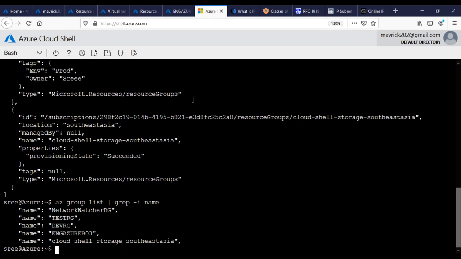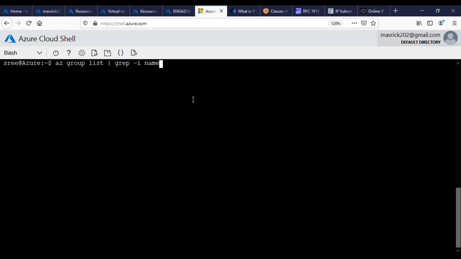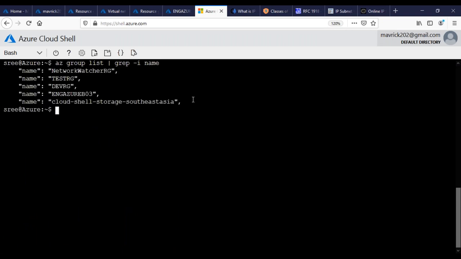For example, let me show you. I want to delete test RG and dev RG. I'm going to select az group delete -n, I'm going to say dev RG, and -y. Yes. So if you give y, directly from the command line, you can actually delete that one. So like this. I'm going to delete it, and also I'm going to delete the whole infrastructure. Check it out how easy it will be to create it.